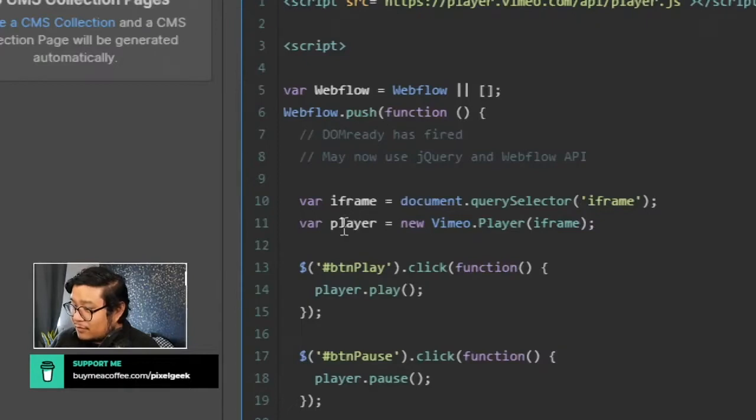And then for the player, we're setting it up. We're saying the player is the Vimeo player. Okay, so Vimeo player inside the iframe is called the player. And so when we click on a button that has an ID of button play,